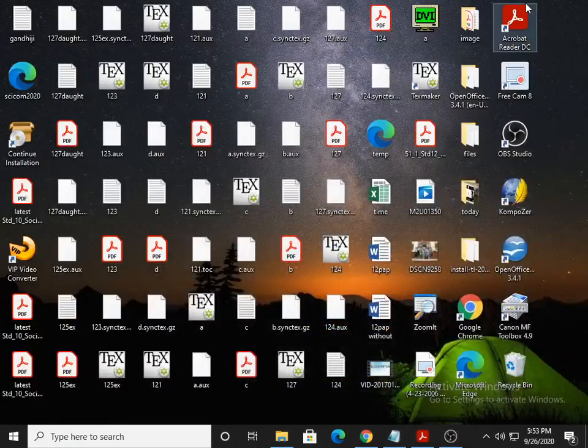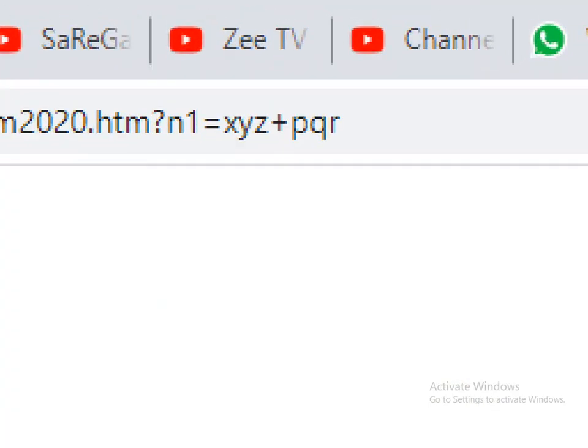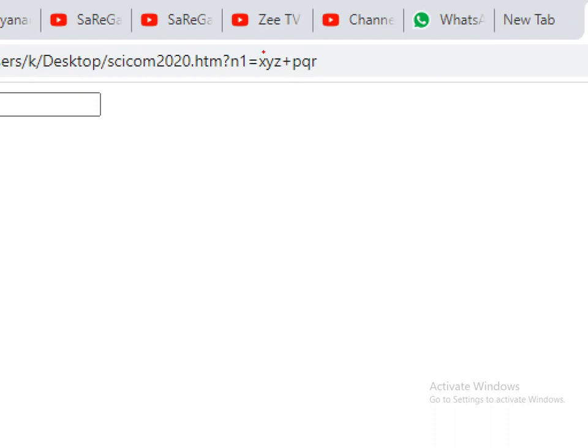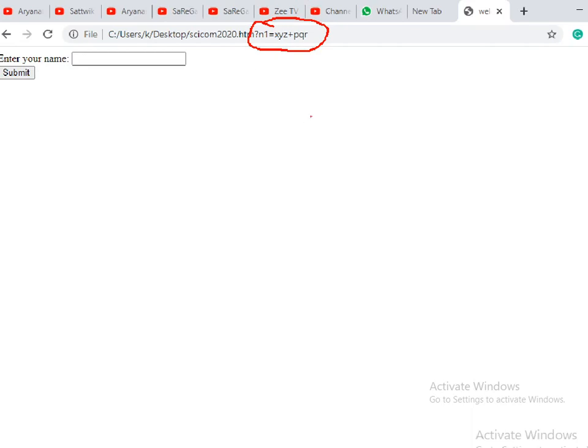Let me zoom so you can see properly. Look at this. What does it show? N1 is equal to XYZ plus PQR. So whatever you entered in the box previously, that information and the name of the box display over here.